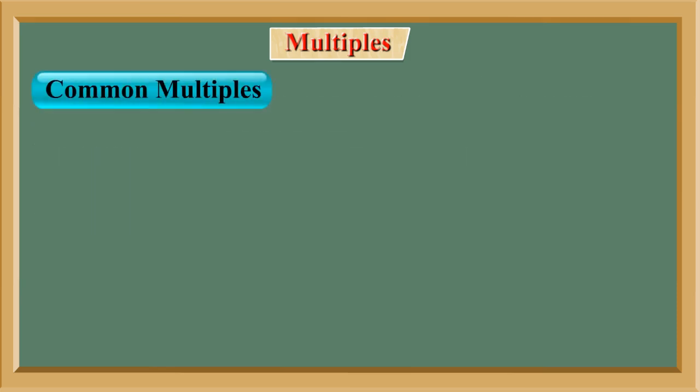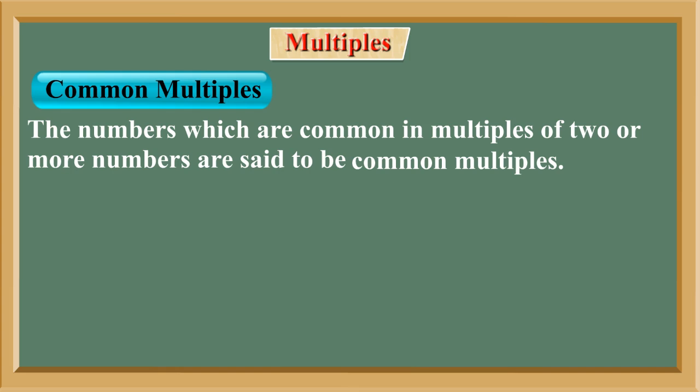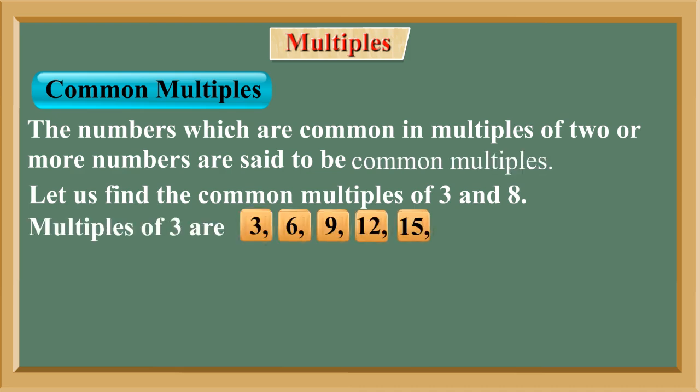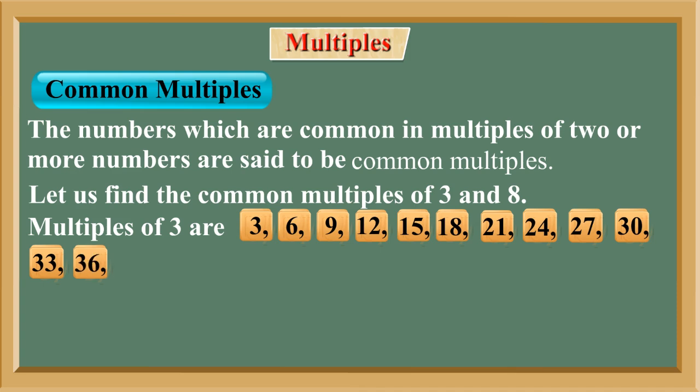Common multiples. The numbers which are common in multiples of 2 or more numbers are said to be common multiples. Let us find the common multiples of 3 and 8. Multiples of 3 are 3, 6, 9, 12, 15, 18, 21, 24, 27, 30, 33, 36, 39, 42, 45, 48,